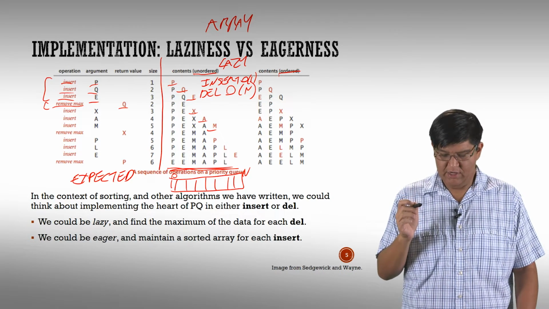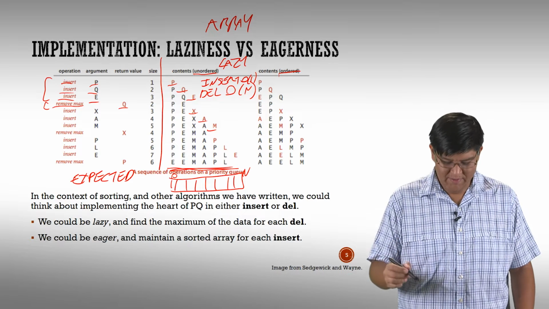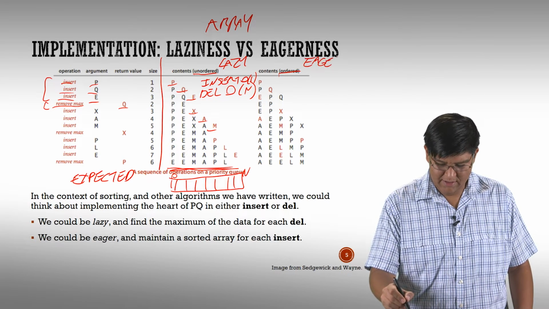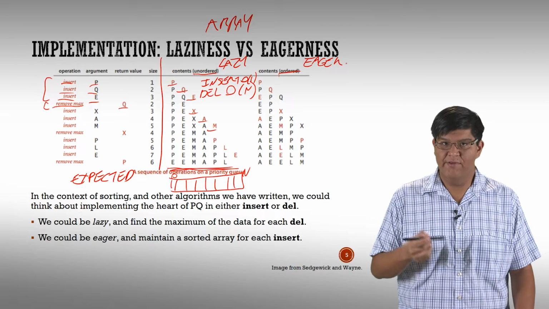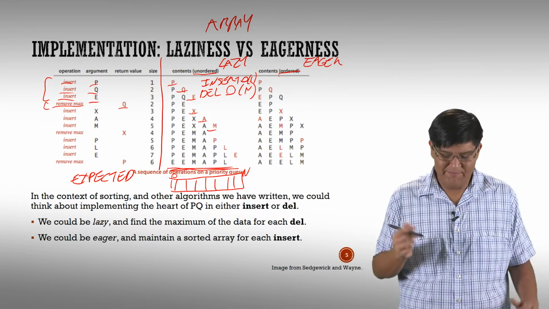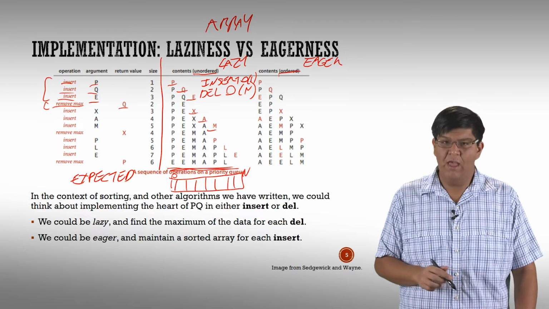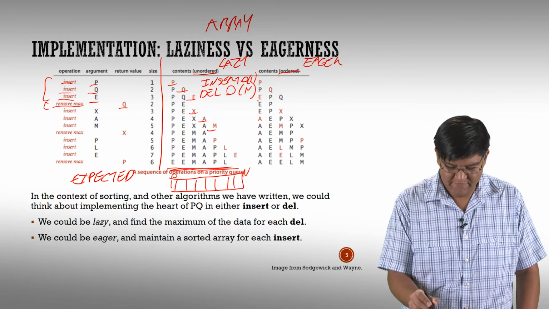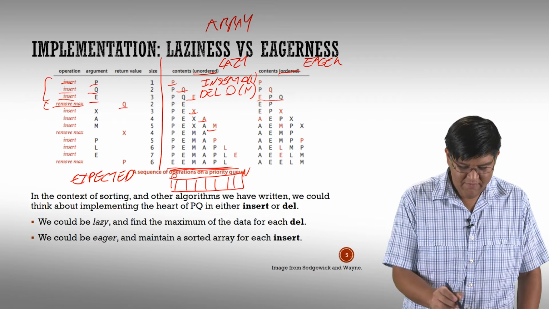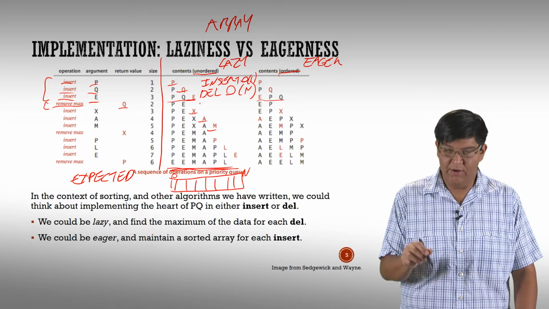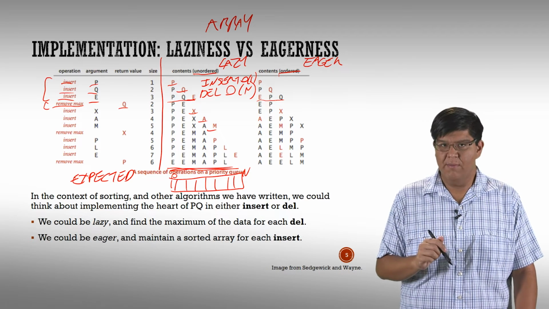All right, the second thing I want to talk about is the ordered way. And the ordered way, maybe you can guess, is going to be our eager approach. Let's take a look at the trace again. Notice where we insert P stays the same, and insert Q ends up being the same. Insert E: at this point, this looks a little bit different. I have EPQ over here versus PQE over there. And as I go through and do those inserts, it's actually keeping